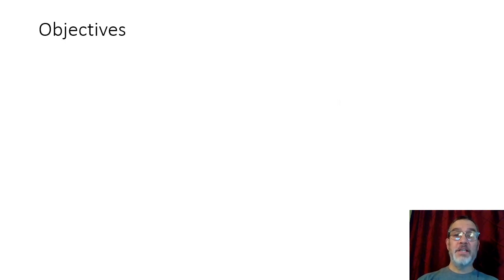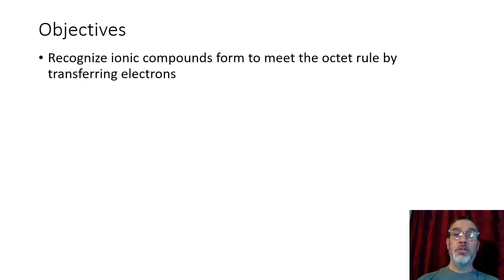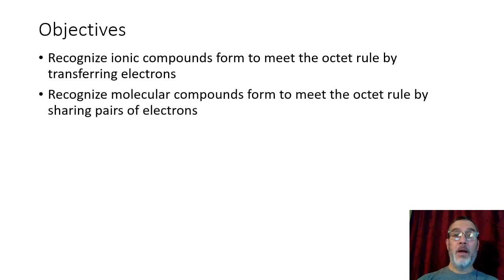The objectives of this lesson will be for you to recognize that ionic compounds are going to form in order to meet the octet rule by transferring electrons. So elements will transfer electrons from one to another in order that they meet the octet rule. For molecular compounds, we're going to see that the elements are going to share electrons in order to meet the